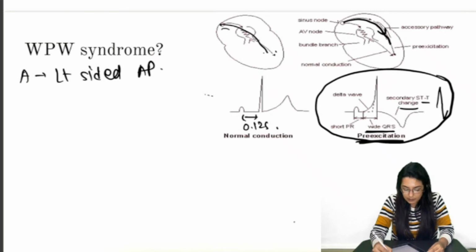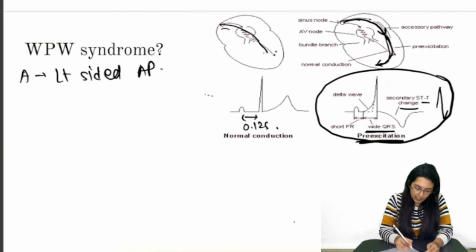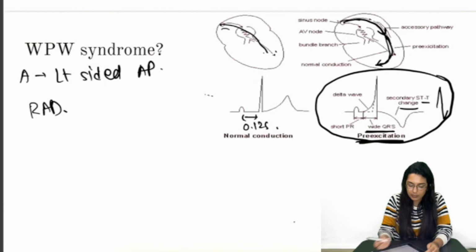When it is a left-sided accessory pathway, the right ventricle won't be stimulated by this. So the depolarization wave, or the impulse, goes through this accessory pathway from the left side to the right side, and it leads to right axis deviation. And type B is the right-sided